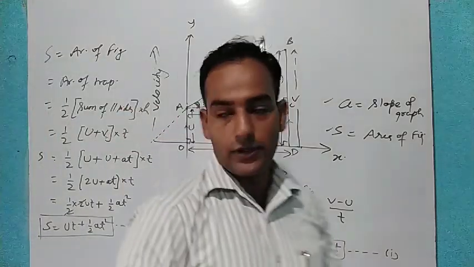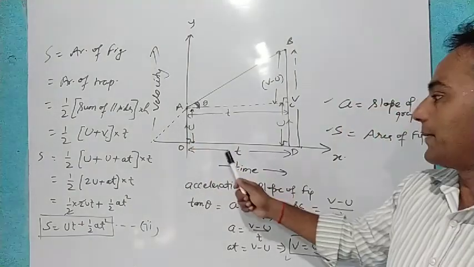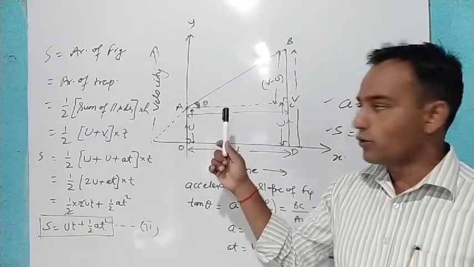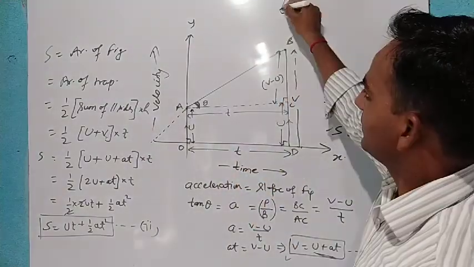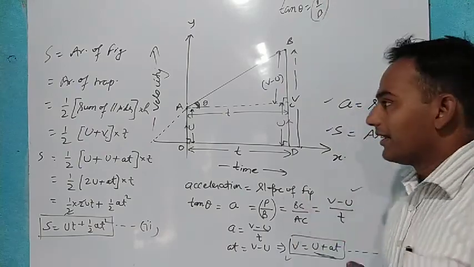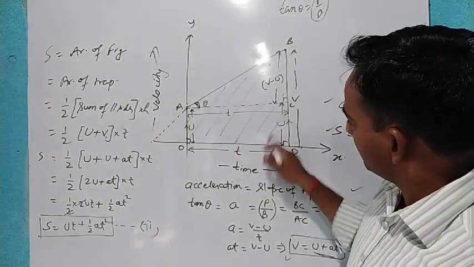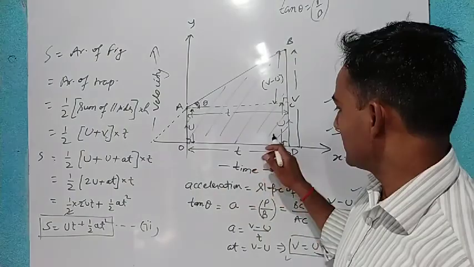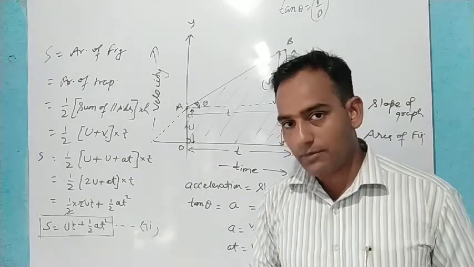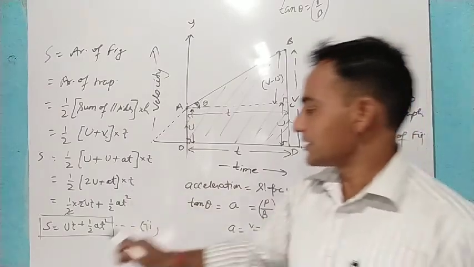Okay? Listen carefully. With the help of this graph only, if any object is moving with an initial velocity u, after a time interval t, its final velocity is v. This much only we have. To find acceleration, we will find the slope of the figure, and the slope of the figure means tan theta, and tan theta means perpendicular upon base. So this much we have done. And after that, to find the displacement, we need to find the area of this figure. If I have not told you, please listen: to find the displacement in a velocity time graph, we need to find the area of the figure. The figure is what? Trapezium. Now, this is the second equation of motion.